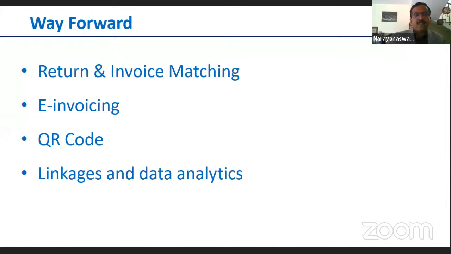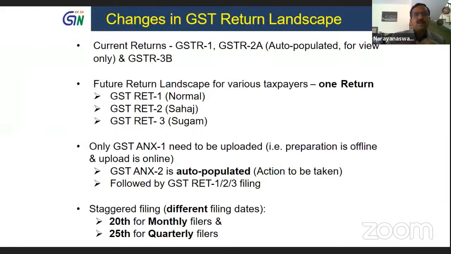It has not fully come to stability. There are new programs which are being planned. One is return and invoice matching, which is the heart of the GST system that is going to come. A new return system is going to come. We have also introduced something called e-invoicing, electronic invoicing. Electronic invoicing doesn't mean that the system is going to give the format of the invoice, but all the basic data is captured in the form of a QR code, and that is verifiable. And there will be a lot of linkages with various departments for us to connect.